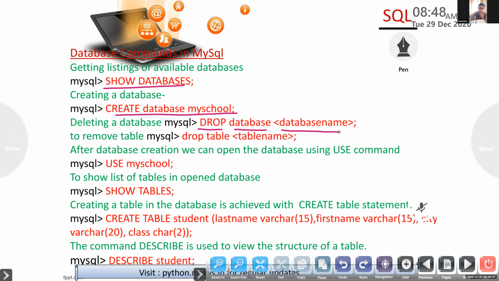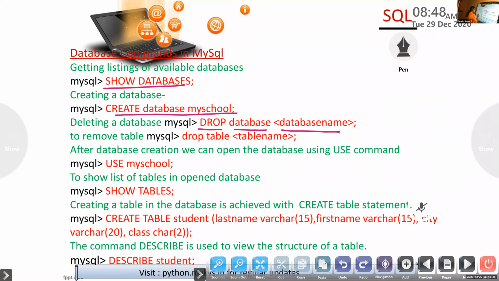You need. Okay. The clue is the options: DDL, DML, DCL, TCL. Amal Raj. Very good. It's DDL. These two commands are coming under DDL, create and drop.